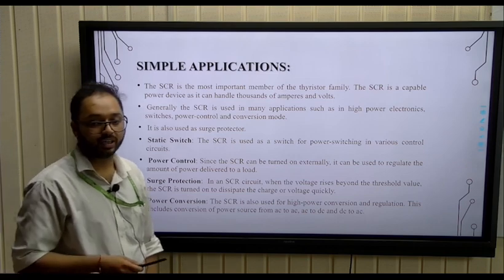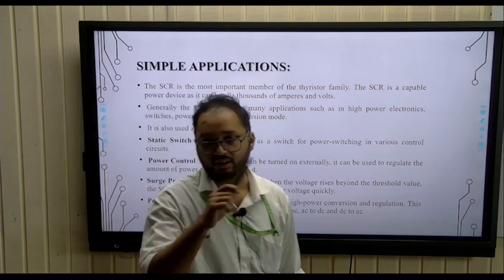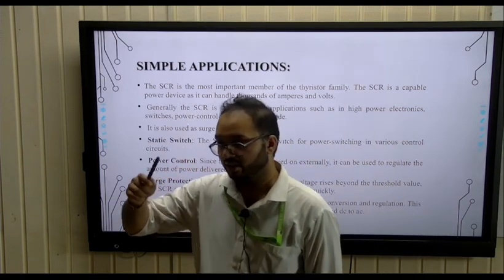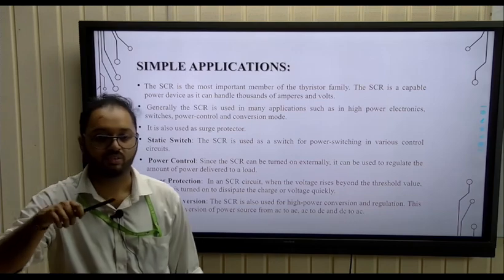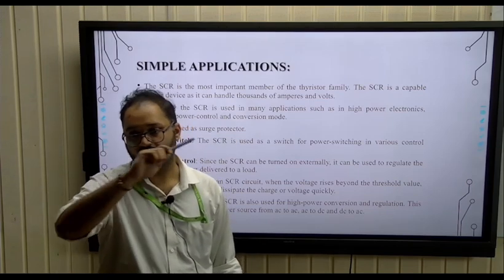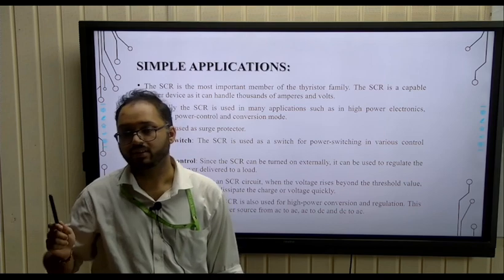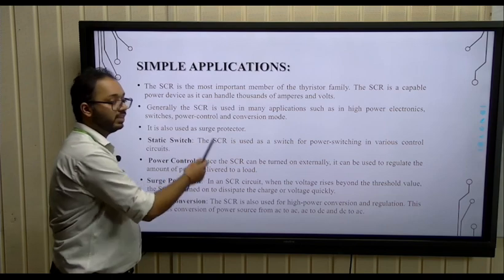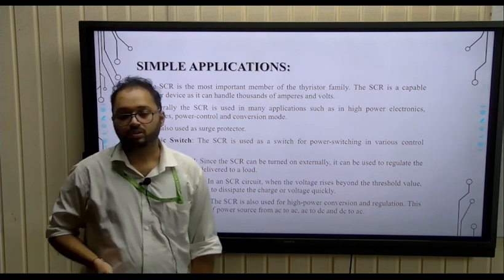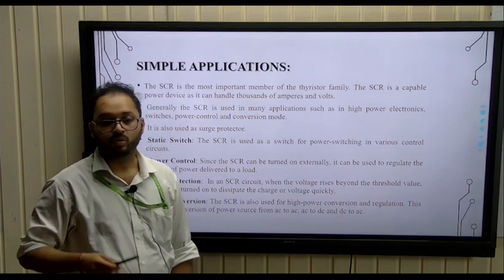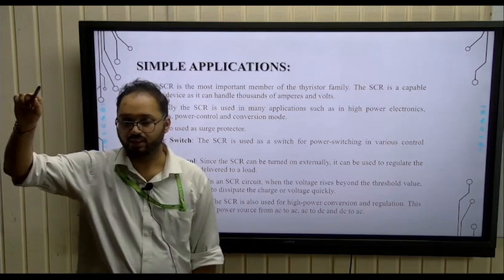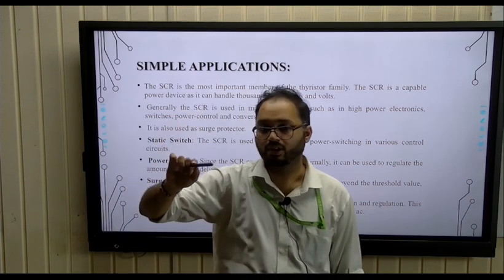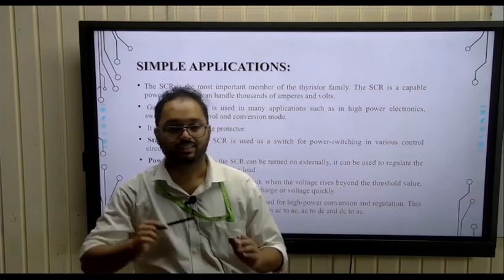Now, what is a surge protector? Whenever there is a high current from any place, like if you have a line voltage and you are converting it from one place to another, like using a transformer, and there is a surge of current, a high amount of current flowing within a second, then the SCR can be used to turn on at that time and ground the whole current. That is what you do. You have a limitation of current in a wire. After that current, if there is a single amount of current applied,